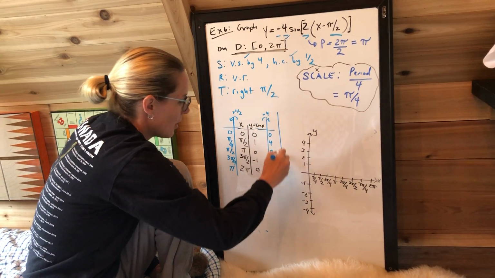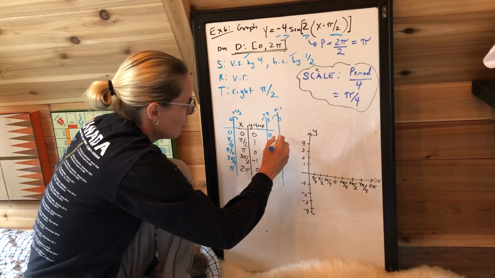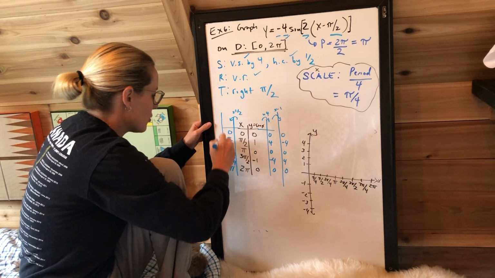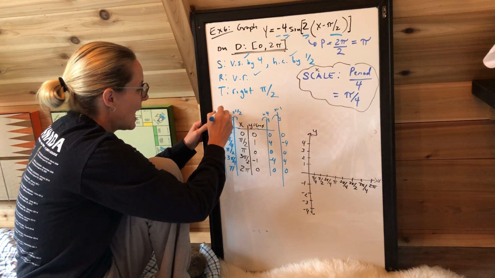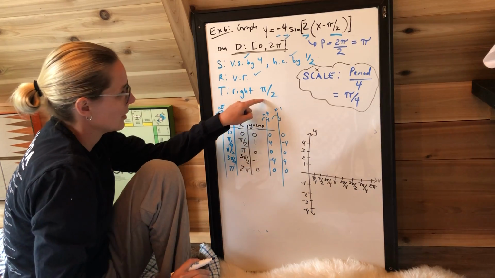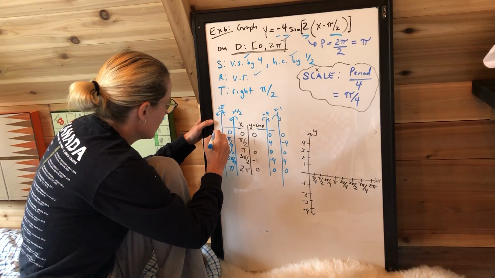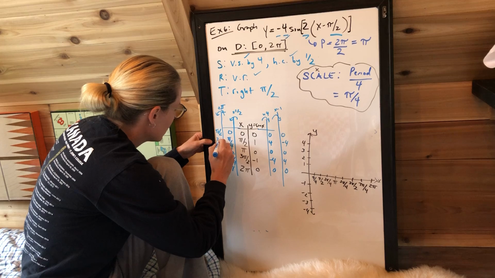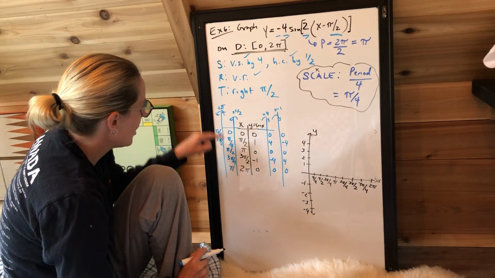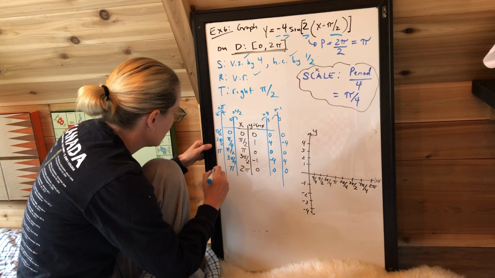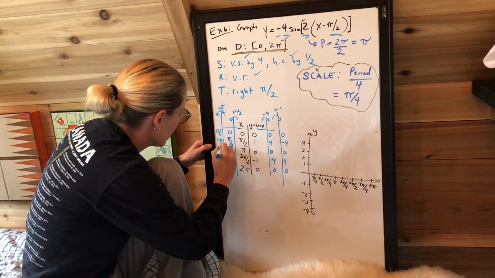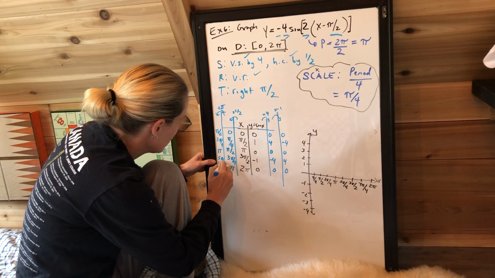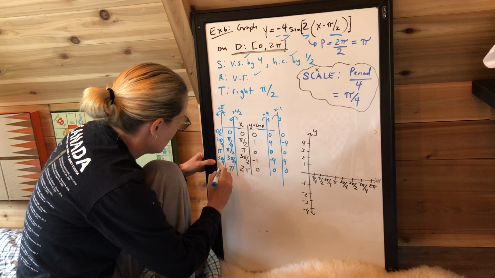Vertical reflection means we now have to take the y values and multiply by -1. Done. And right pi by 2 means we take whatever values we had here and now add pi by 2. We want to add the exact same thing. So we get pi by 2. Well, what happens when we have a quarter pi and we add half a pi? We have 3/4 pi. We have half a pi, we add half a pi, we're now at pi. Oops, I should say 3/4. Add half a pi, 5 pi by 4. Add half a pi. We have